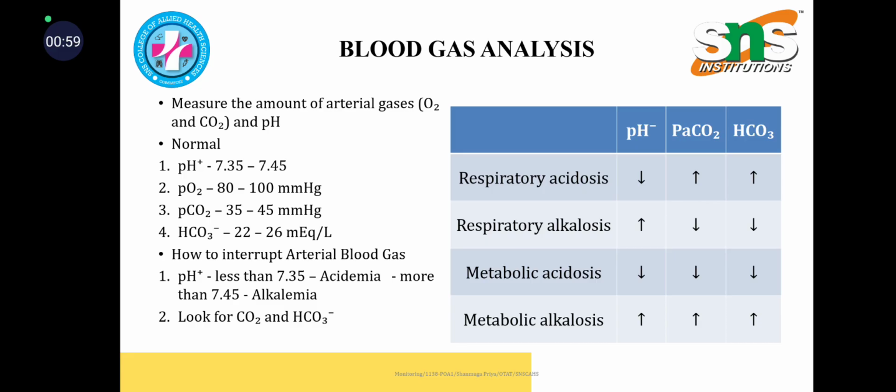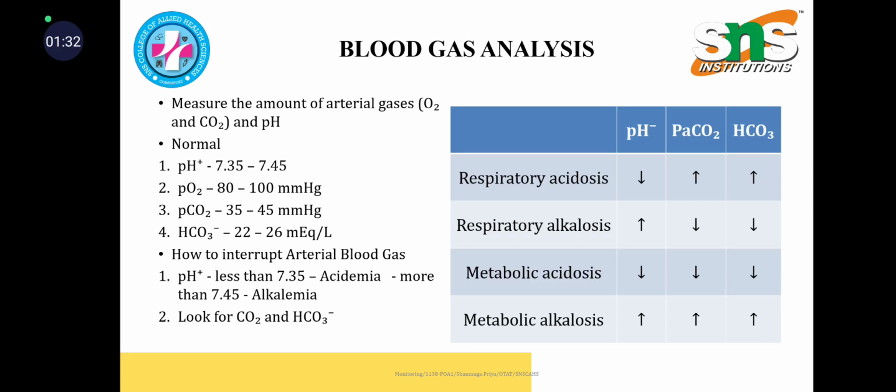pH less than 7.35 is acidemia, and more than 7.45 is alkalemia. Look for carbon dioxide and bicarbonate. Respiratory acidosis is where the pH is less and PaCO2 and bicarbonate are higher. In respiratory alkalosis, pH is greater than 7.45 and partial pressure of carbon dioxide and bicarbonate are less than the